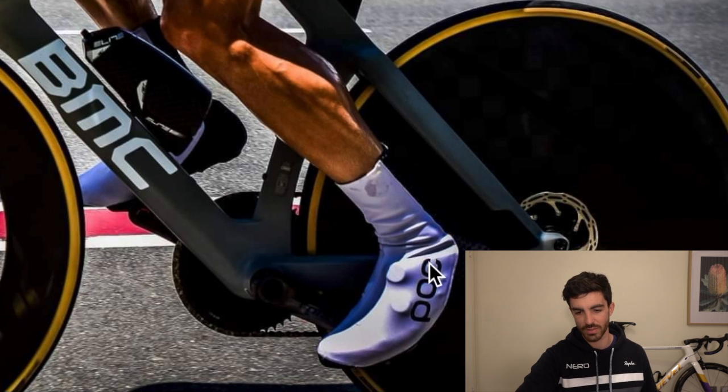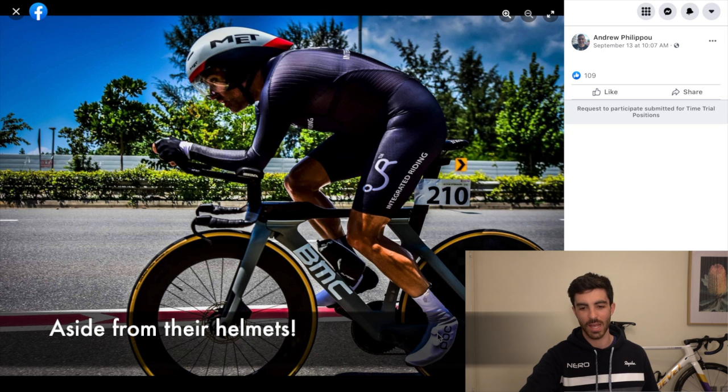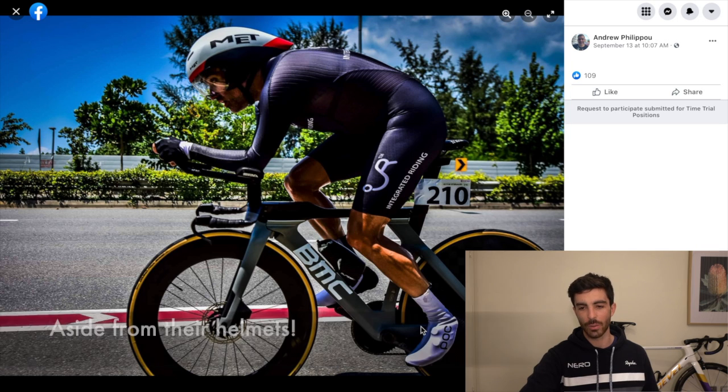These POC shoe covers. They're more of a fashion statement than an aerodynamic option. There's all these creases here, and POC as well aren't in the aero game. So I would swap them, and I would go for any of the other ones that the pros use. ASOS, what are they called? Rule 28 ones. Like, just look at the ones that...